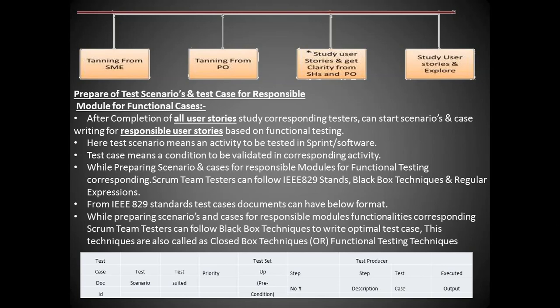While preparing the scenarios and cases for the responsible modules and functionalities, corresponding Scrum team testers can follow black box testing techniques to write optimal test cases. These techniques are also called closed box testing techniques or functional testing techniques. Here is a template for the IEEE 829 standards for the test cases. To draft the test cases: